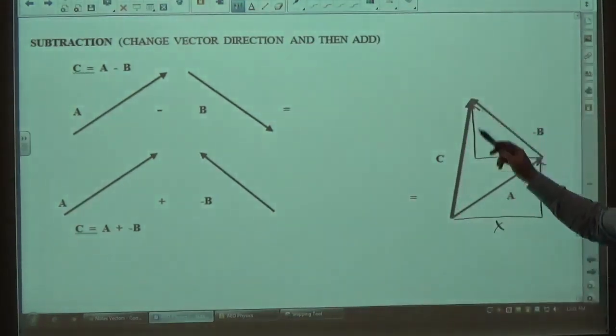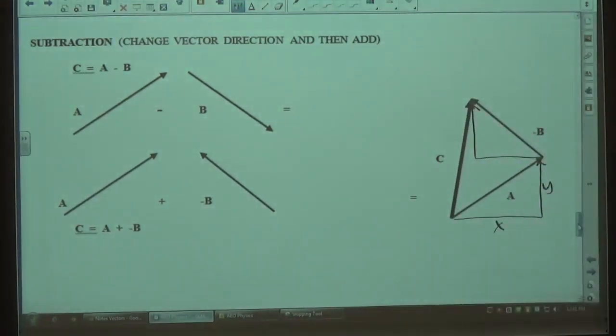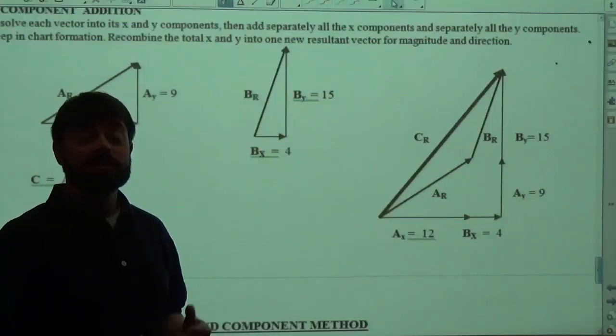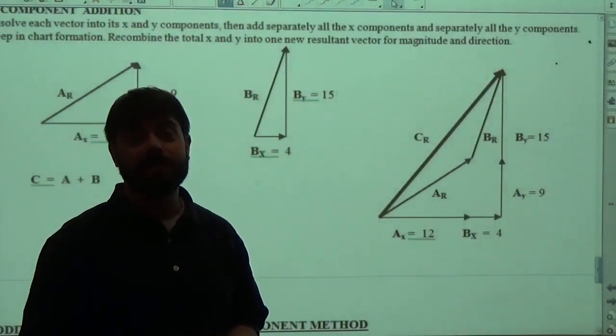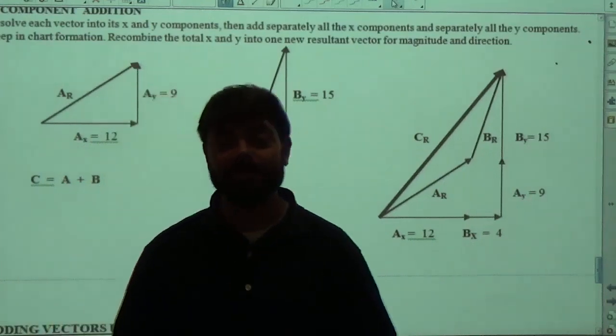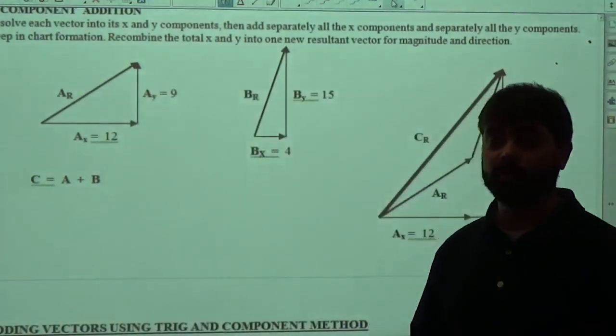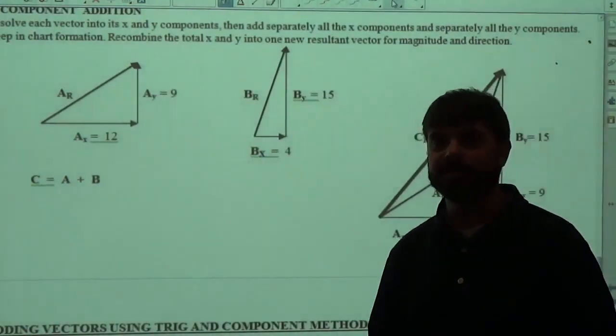So those signs just got flipped, and we can draw the resultant as is. So the next thing we're going to take a look at is adding vectors by components. They're basically summarizing the horizontal and vertical components of two different vectors and then just adding them together to